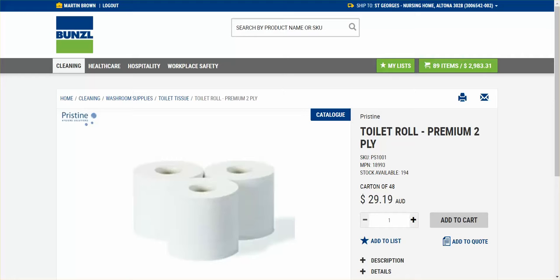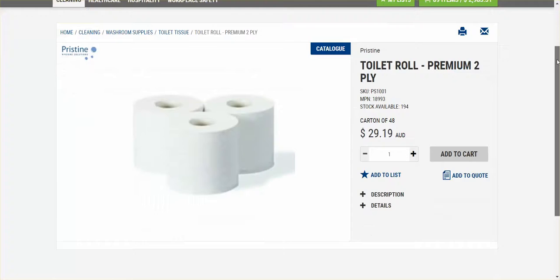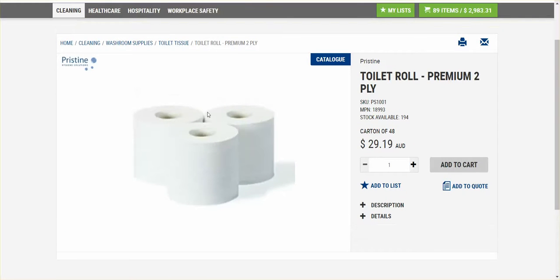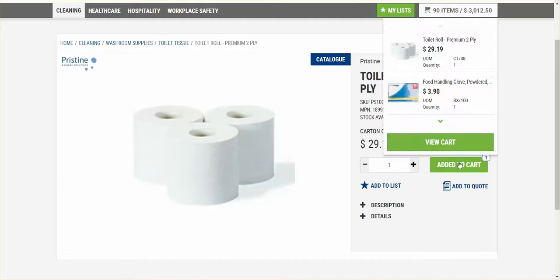All right, so here's the PS1001. So there's just one result, so it's going to take me directly to that product. And here are all the specifics relating to that. I can add it to my cart again. And now let's just say, for example, I want to check out as a customer. So when I click on View Cart,